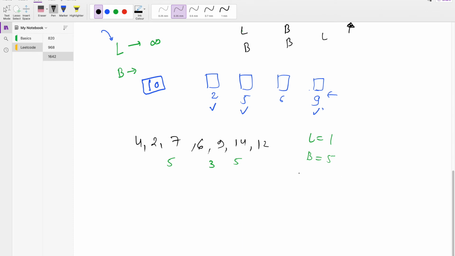what we can do is we can create a max heap, and in this max heap, whenever we find a gap, we add it into the max heap, as well as we decrement the number of bricks. And at any point of time, if bricks are exhausted, then we will place the ladder at the maximum